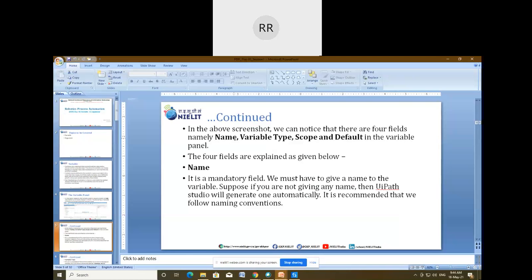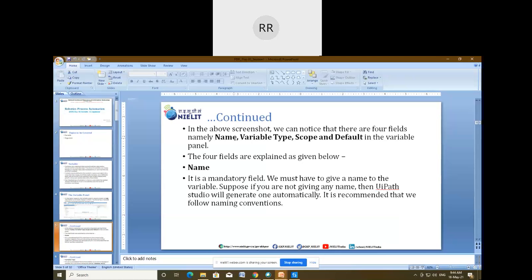Suppose you are not giving any name, then UiPath Studio will generate one automatically, and it is recommended that we follow the naming convention. We'll see what the naming convention is, and we must provide a name to our variable so that it should reflect the example or the project on which the person dealing with the automation is working.